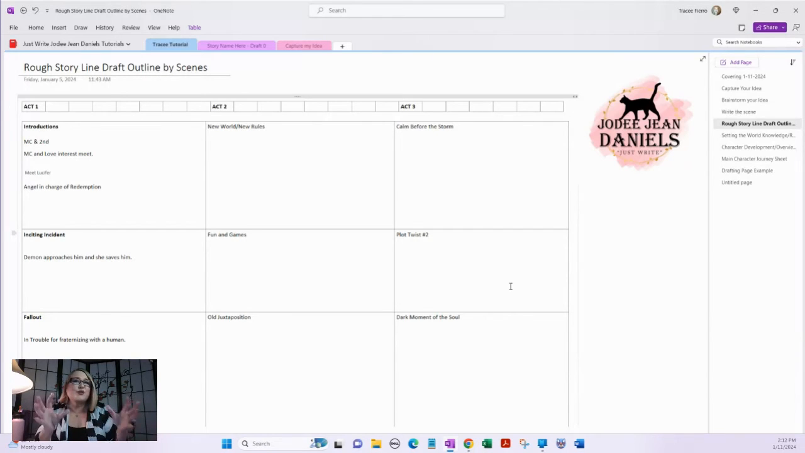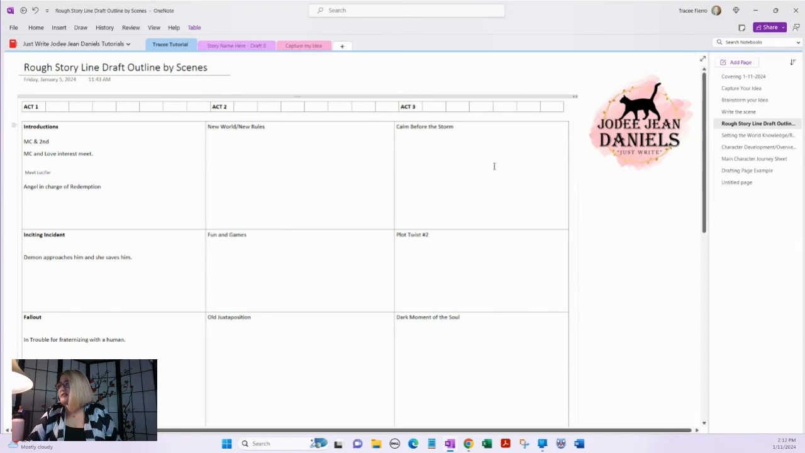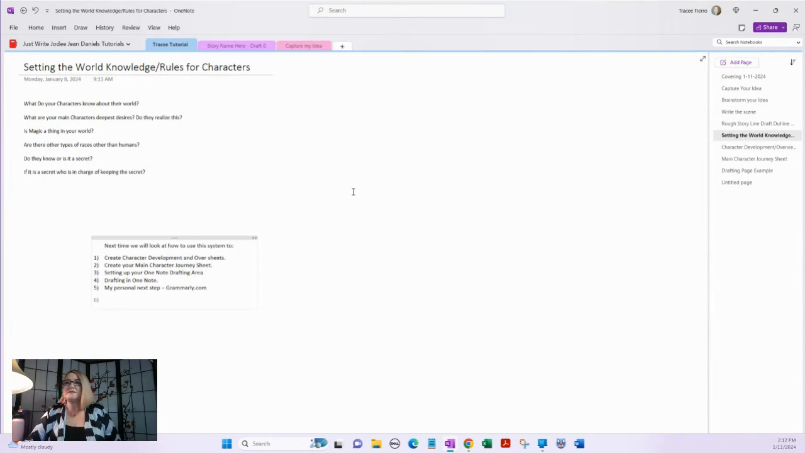And there's no handcuffs on you as to what you can do with OneNote. It's just incredible. All right, the last thing we're going to go over today is setting the world knowledge rules